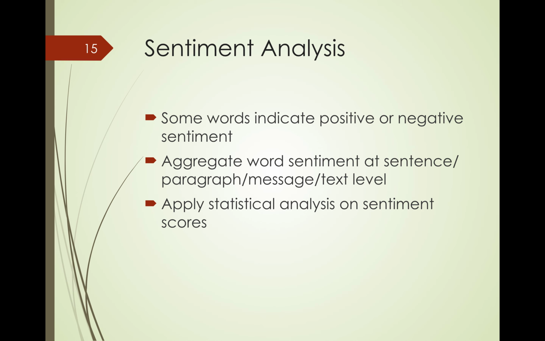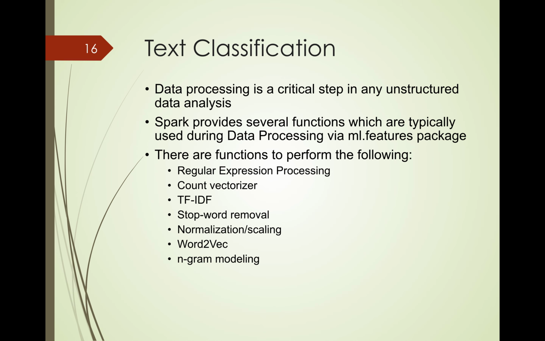So, we do that. There's a sentiment dictionary you can have, where some words indicate positive sentiments, others indicate negative sentiment, and then you aggregate the sentiments at various levels, sentence level, paragraph level, or the entire text and message level, and then apply statistical analysis on that to arrive at sentiment scores. If on the other hand you are trying to classify the text, right, either a binary classification, for example, spam versus non-spam, or some other more complex classification and routing problem, then you have to do this featurization in somewhat different ways.